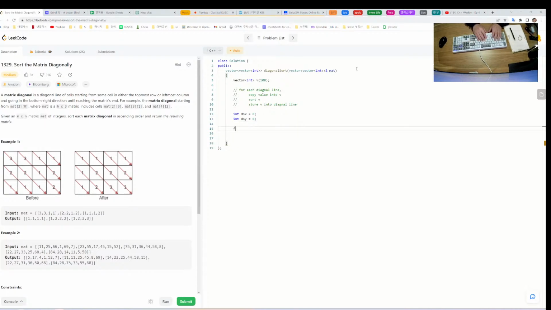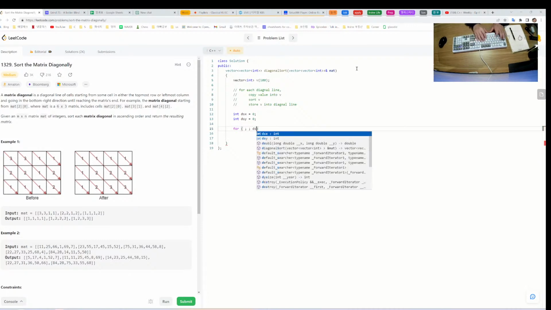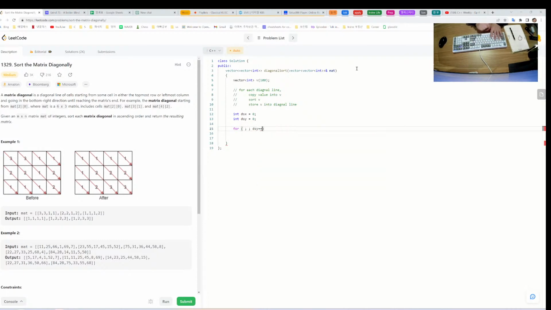So for the next diagonal starting point, dsy plus plus, right? Until dsy is less than